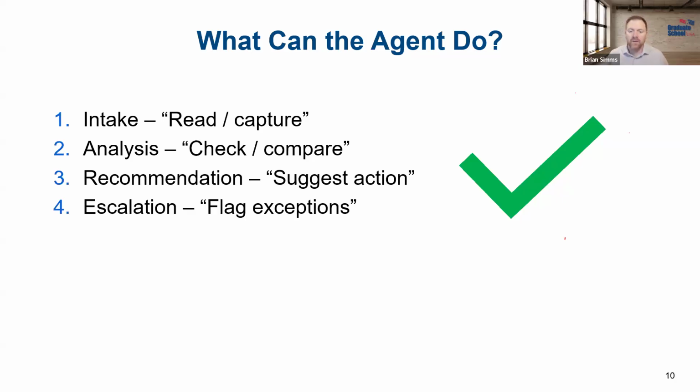So if we're clear about these roles and if we're building an agent and we know it's one of these roles that we want it to do, that's really powerful, right? Because then we know what the agent is and isn't doing, which means now we know what the human team is and isn't doing. And that division is what makes the workflow really efficient.